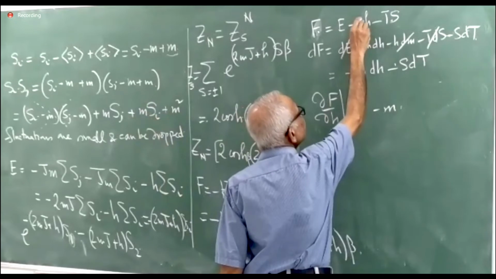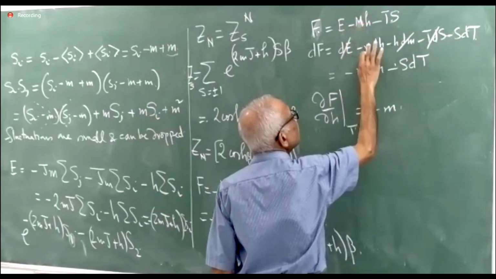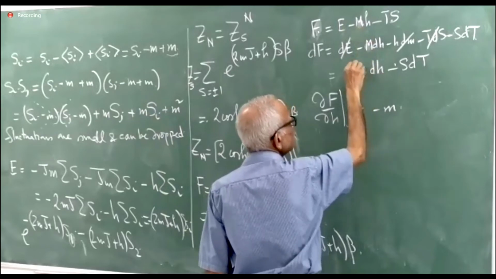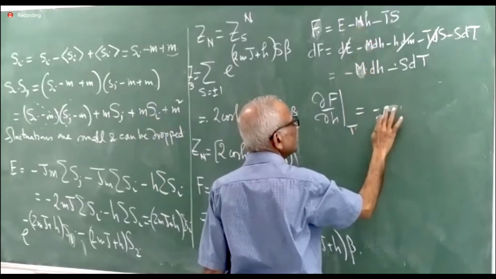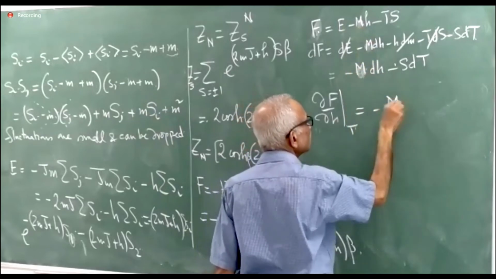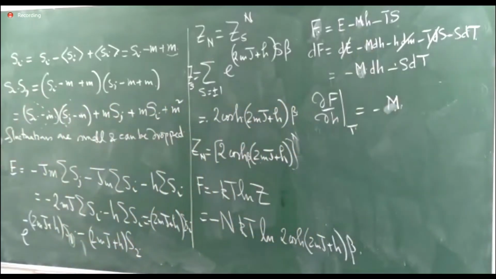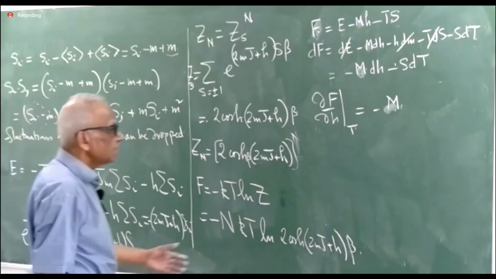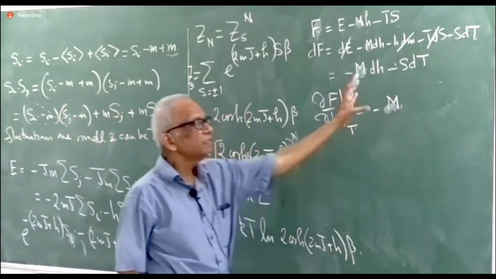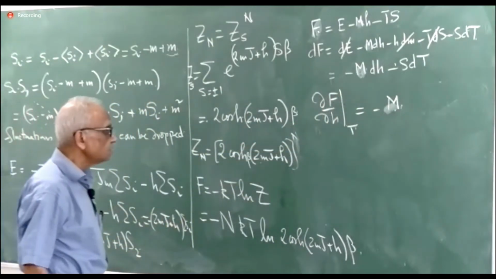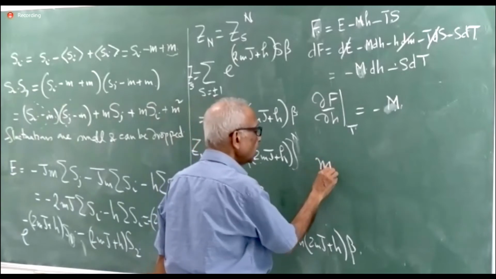This M should really have been the capital M, the magnetization of the system, extensive, intensive, and one needs to be careful. Sorry, I should have written the extensive quantity as capital M. So capital M is simply capital N times the individual magnetic moment, which is this, and therefore small m is equal to,